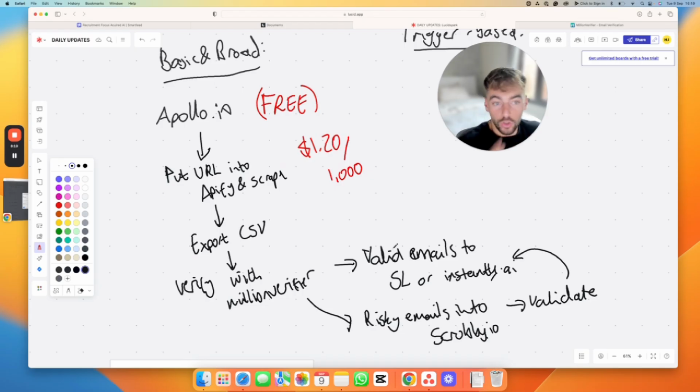This is the most cost-effective way to do this on the market currently. Get your list on Apollo. It's all LinkedIn data, so it's all good B2B data. And then what you want to do is